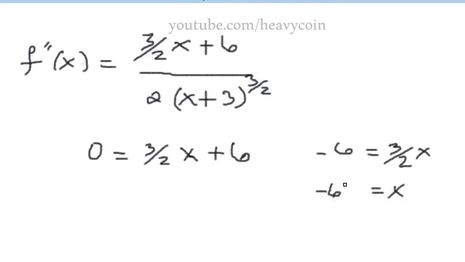And so we have times 2/3. And of course, x is going to end up being equal to, okay, that can't be, let's see, well, we get x is -4, but